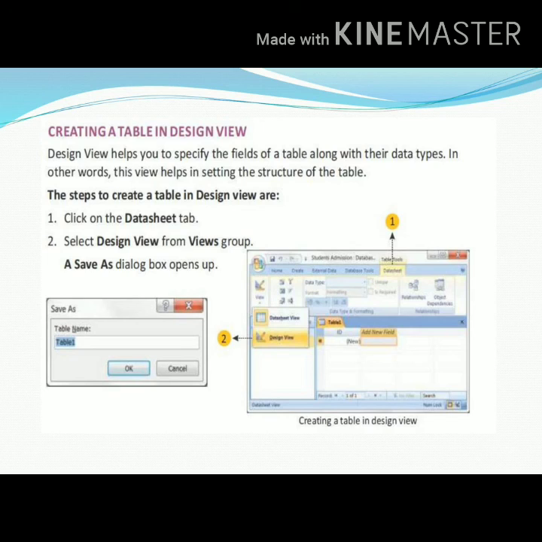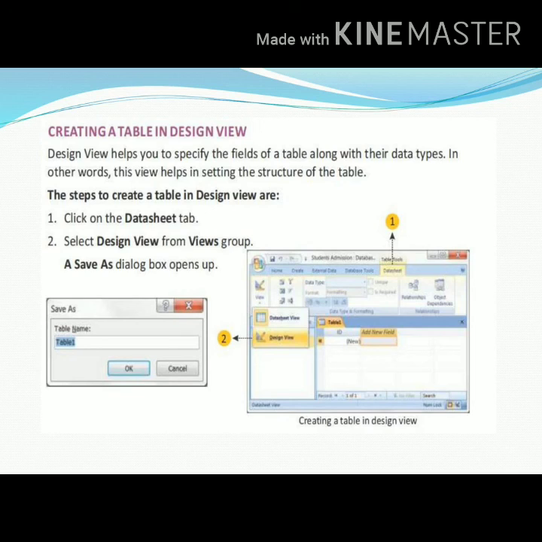So next one we have yes or no, that is true or false or on or off. I will give you one example: suppose a student is traveling by bus, yes or no. So that is true or false. You can take it either this way or that way. So last one is memo. Memo is a long block of alphanumeric text. Suppose you are saving the address, address includes both numbers as well as text. So we are taking memo.